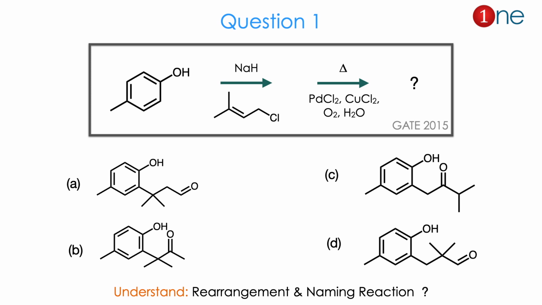Products are mostly coupled ones. A new carbon-carbon bond is there. Then you have the ketone there. The position of the ketone is different in each compound, whether it's the end position, in the middle, or in the beginning. So from the reactant and the possible products, you might see the carbon skeleton switch is there, which is rearrangement, and definitely by palladium and copper, it is a named reaction. The answer is B. Let us see how.